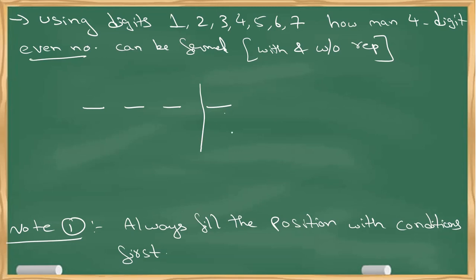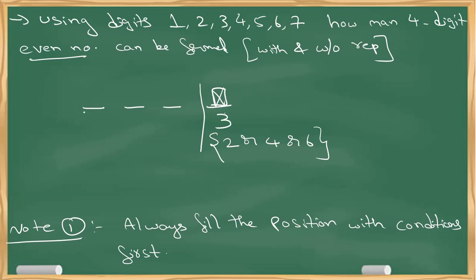Now, what is the condition? It has to be even. So, not all numbers from 1 to 7 satisfy this condition. What are the numbers that satisfy the condition? It has to be either 2 or 4 or 6. That's it. Not beyond this. We don't have 8, so no issues. So, how many possibilities? 3 possibilities. Clear? So, out of 7, only one digit is gone.